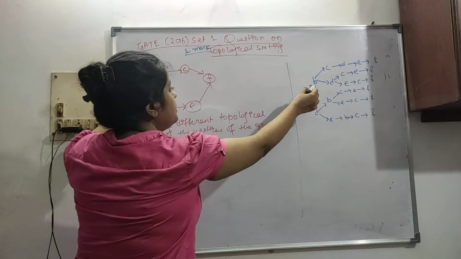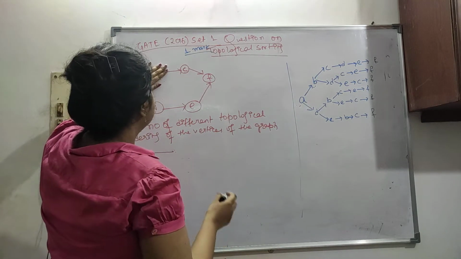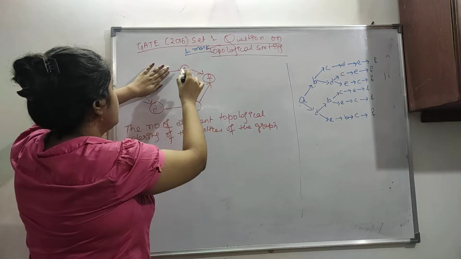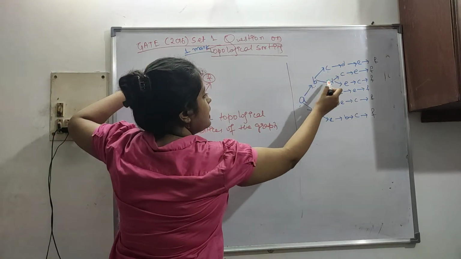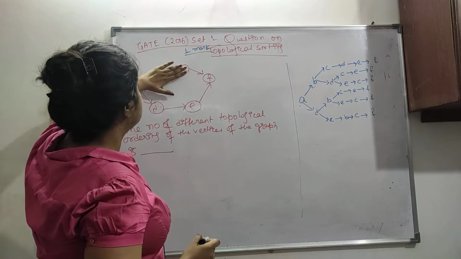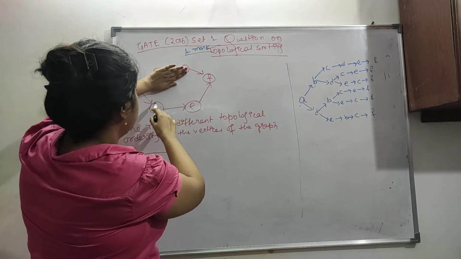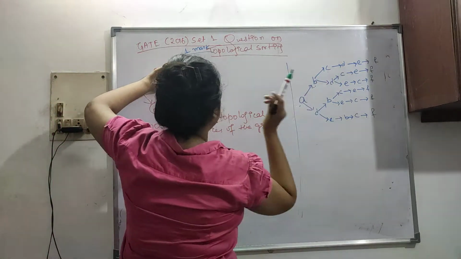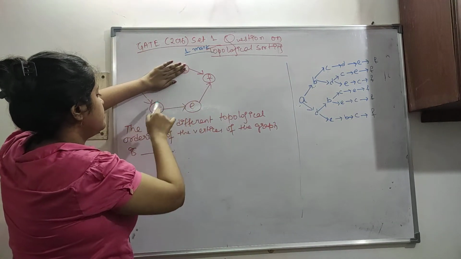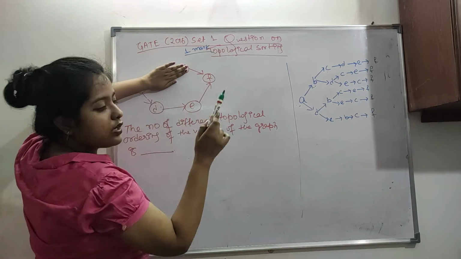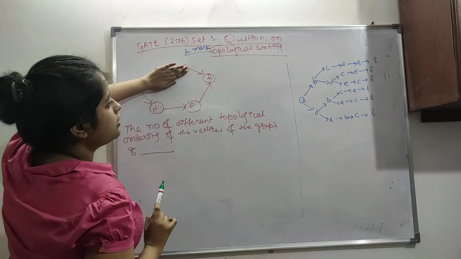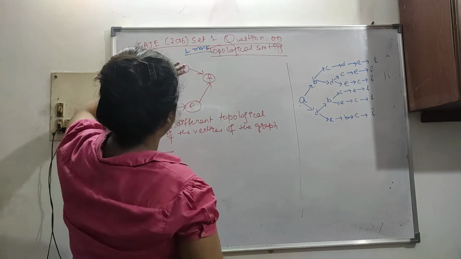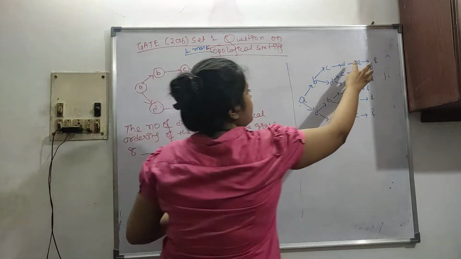Let's say B is deleted. So these two are deleted. Then either D or C, anything can come. Let's say C is coming. So these three are deleted. D is there, so we are taking this part first. C is deleted, but D is here, so we have only one option. We have to delete D, then E, and F.